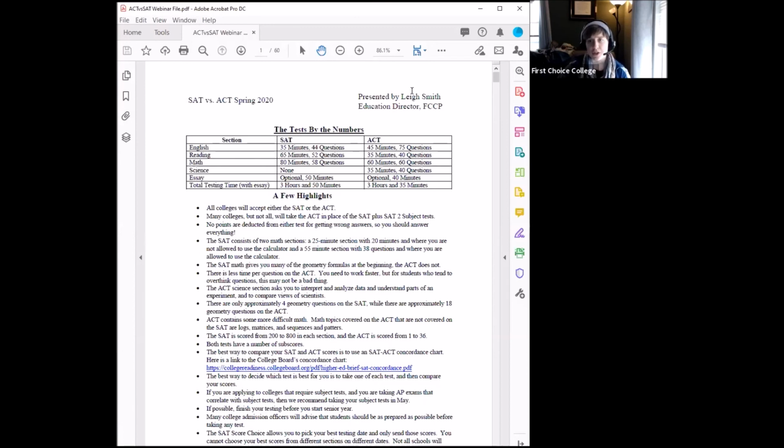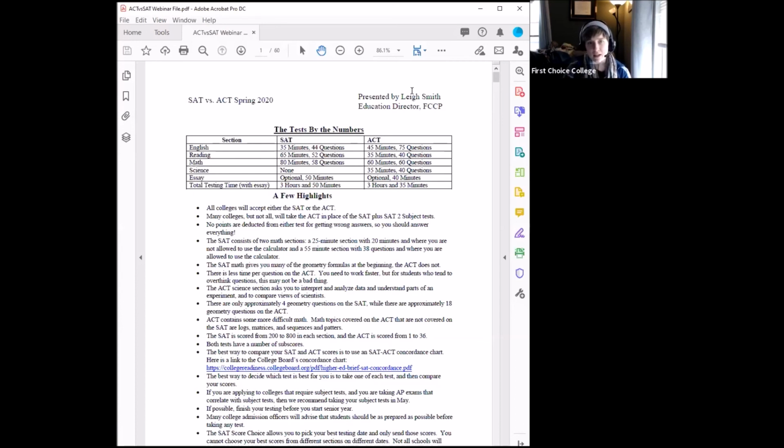The reading section is one of the sections that is honestly very different between the two. Even though it doesn't look that way, when you look at the passages they will seem somewhat similar in concept, but the strategies and how students should approach the reading section is one of the places where I tend to see really big differences.